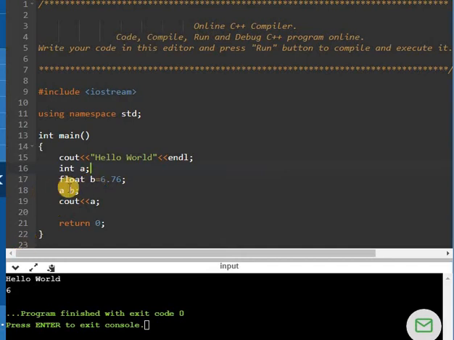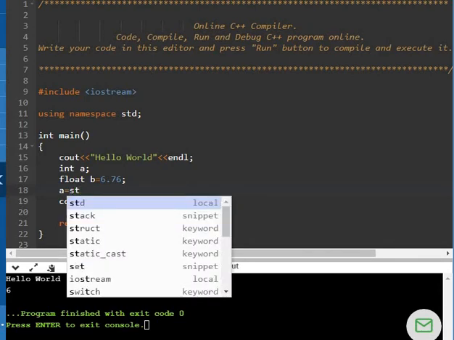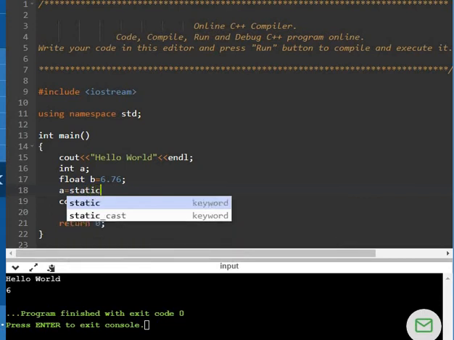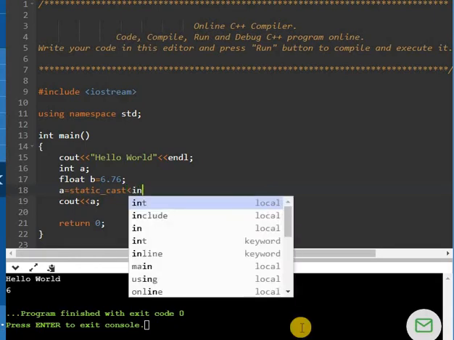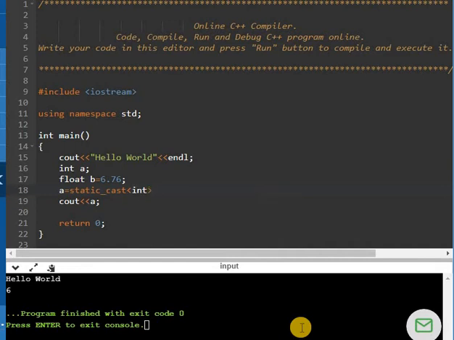Then to define the typecasting, I have to write the keyword static underscore cast. See, here we have this particular keyword, and in angular brackets I need to mention the type in which I want to convert this b variable, because I am going to assign this b to a, as I wrote in the previous example.